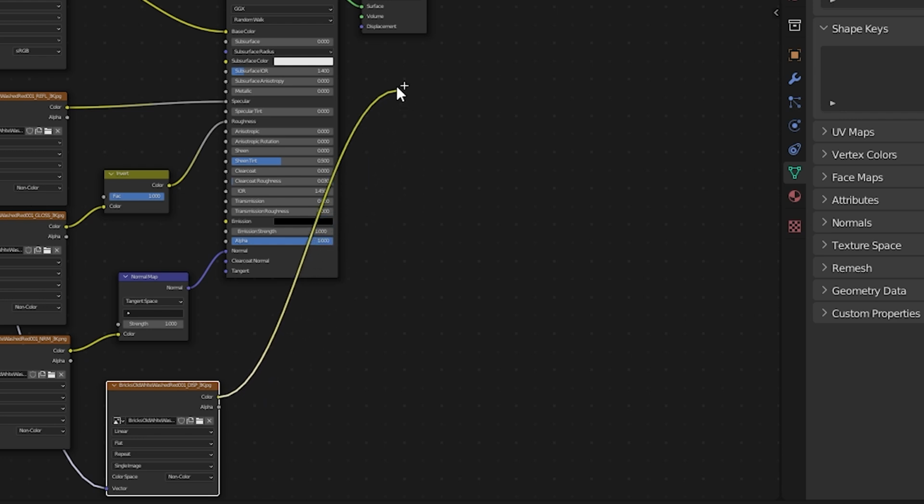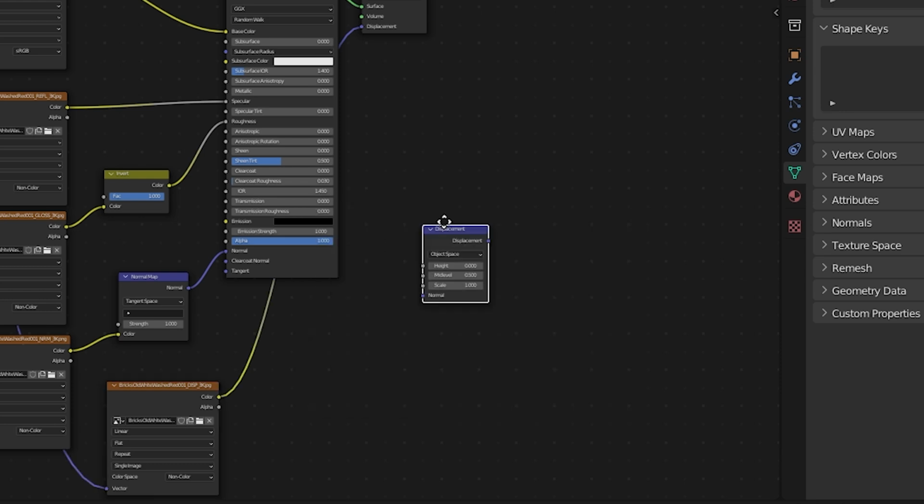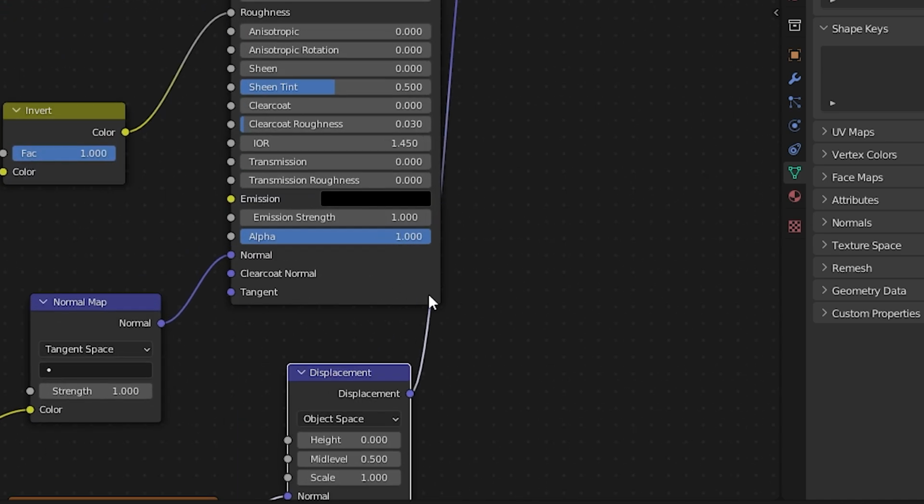If we drag it directly into the displacement channel, it's not going to work because we have a yellow going into a purple. Similar to the normal map, we need a specific converter to change the information from this grayscale image into the information Blender needs to make this displacement work. This time, we are going to use a displacement node and drop it between the displacement map and the final output shader. But this automatically plugs the input into the normal socket.